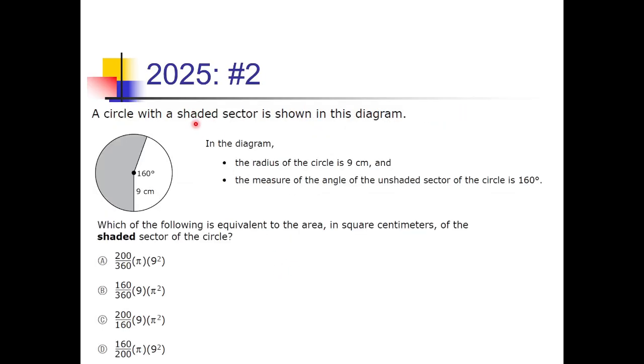For this problem, we have a circle with a shaded sector shown in the diagram, and the radius of the circle is 9 centimeters. And they also gave us the angle of the unshaded sector. That's important, and that's 160 degrees. They want to know which expression is equivalent to the area of the shaded sector. So we don't actually have to find the area, but we need to find an expression that would let us